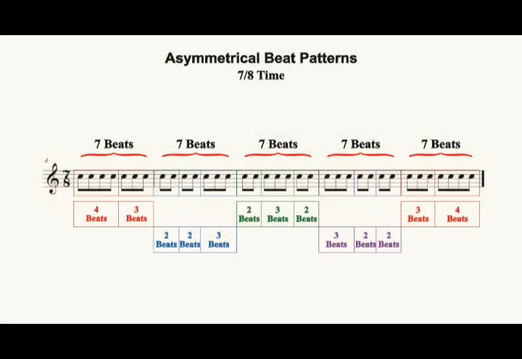In 7/8 time, the beat groupings become a little more complicated. This is because, in addition to sets of 2 beats, we can also hear sets of 4 beats. Thus, the 7 beats occurring in each measure can be grouped in sets of 4 beats plus 3 beats, which sound like,